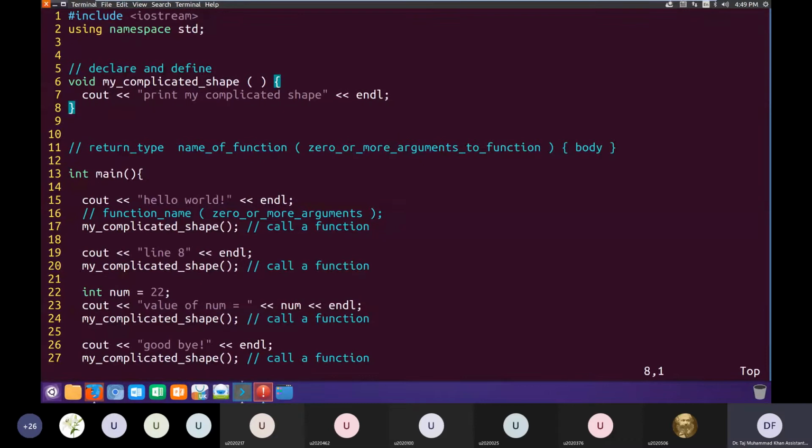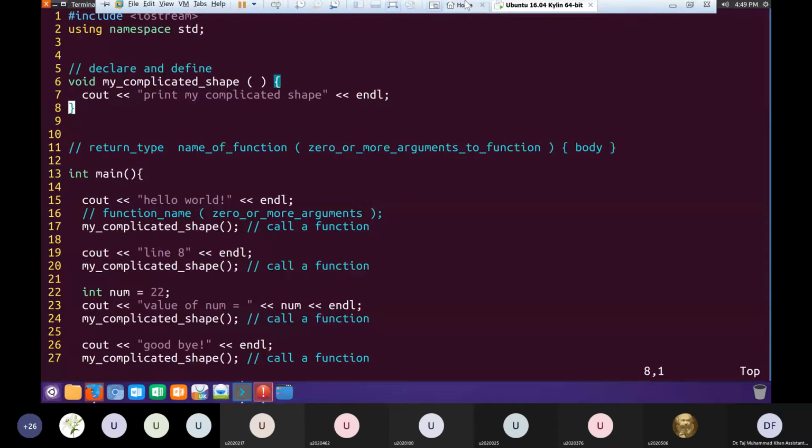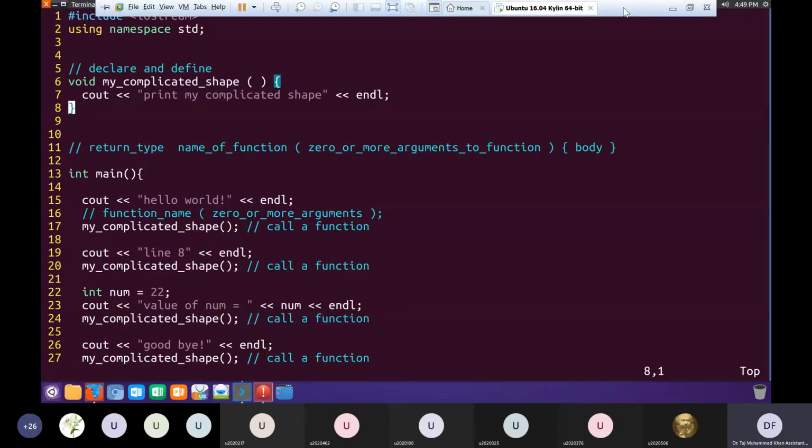And then after line 8, after finishing the body of the function, the execution flow will jump back to where it came from. So my question to you was, where will this execution flow jump back to? Give me the line number in the program. Line 17. Very good. So it will jump back to line 17 where it came from.